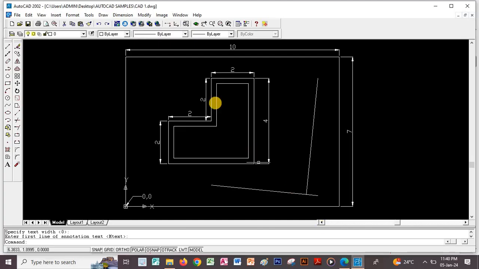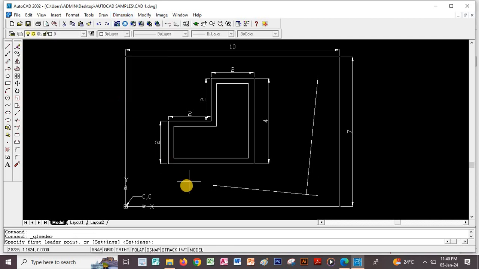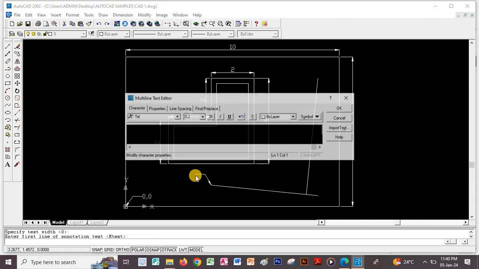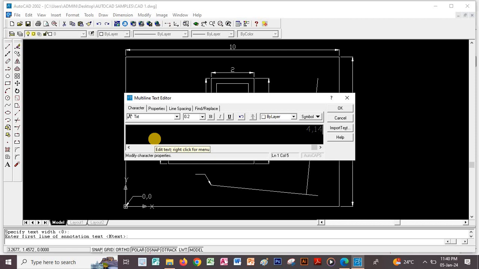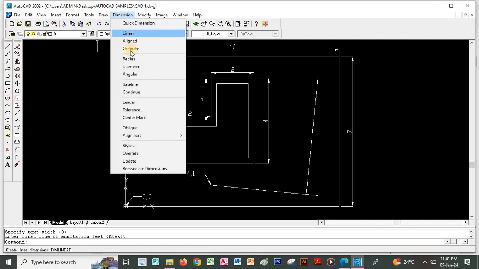so we go back to our program, dimensions, I click Linda, therefore I can click this one, maybe a straight line, maybe I can click there, I enter, then I enter again, I write 4 by 1, just write 4 by 1, then I press OK. After that I can pick another line and go back to dimension, I can click Linda